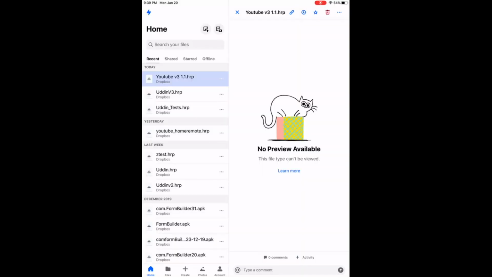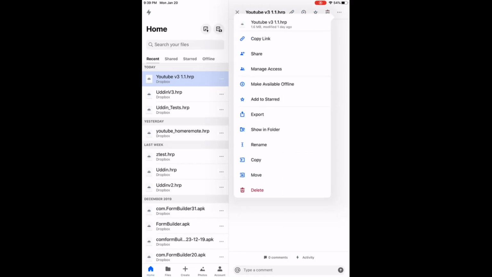Now looking at my daughter's iPad running iOS, we can see again we're logged into Dropbox, and here we can see the YouTube version 3 1.1.hrp file we created in our designer. We've already clicked on it once, and now we're going to go up to the top right and click the ellipses submenu. Here we'll need to select Export,